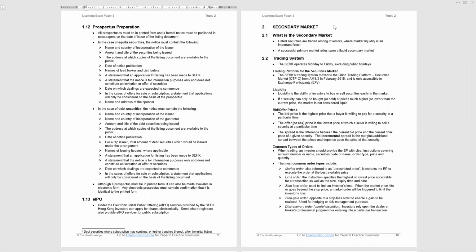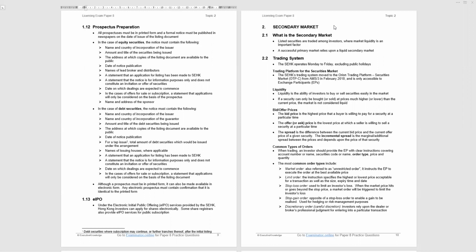The market liquidity supports the primary market, and the volume of shares available in the secondary market is supported by the primary market. Okay, 2.2, the trading system. Some administrative details there on the timing of the market. The trading platform that Hong Kong uses is the Orion trading platform, and that has been operating since 2018, and it's only accessible to exchange participants. That's a very important point, and we will return to the exchange participants' role in trading on the stock exchange